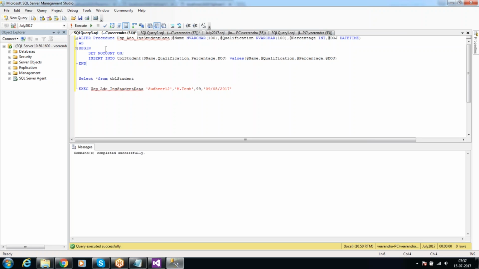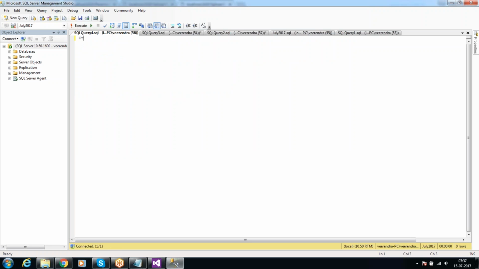Now I want to show you how to make use of output parameters in stored procedures, and this is very important. For this I want to take a table, create